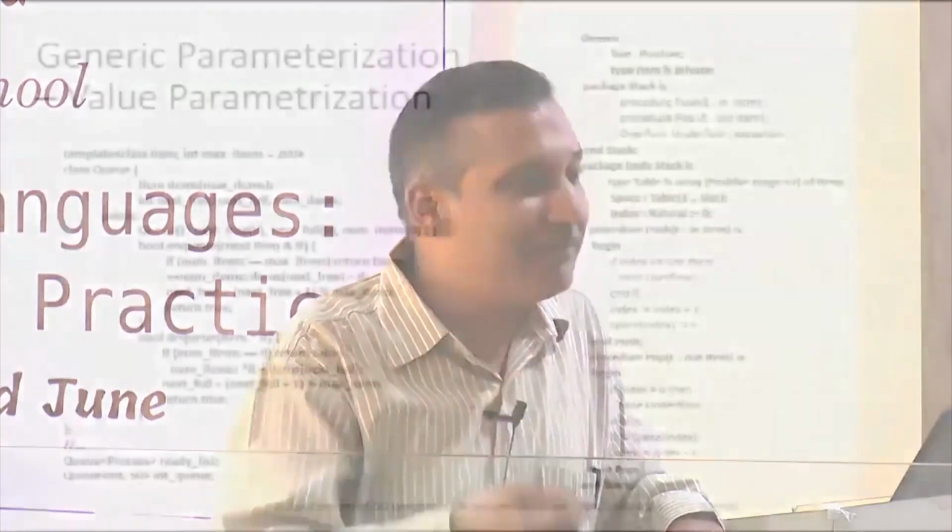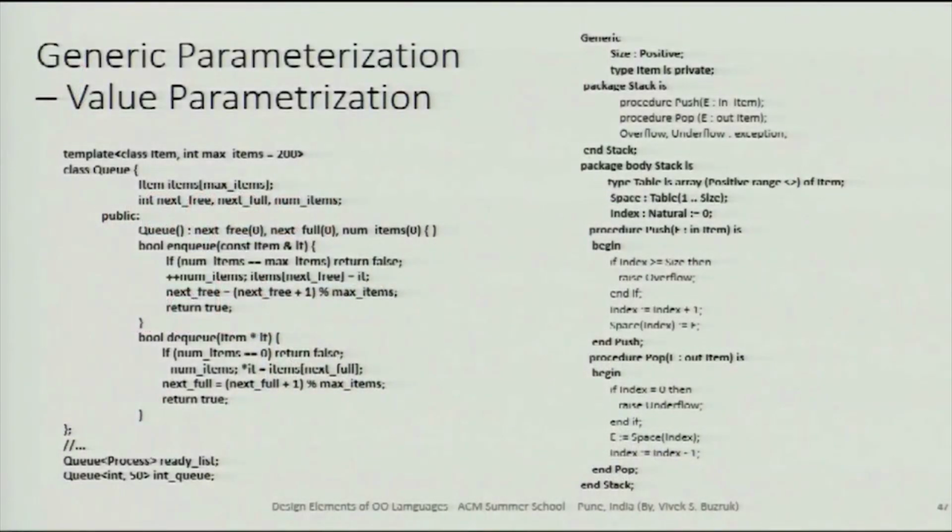You can also pass this particular value as a parameter. Apart from the type, you are passing a value as a parameter also. For example, here in C++, you are passing this max atoms equal to 200. You are passing definitely an atom as a type parameter, but you are also saying that the maximum atom, this Q,